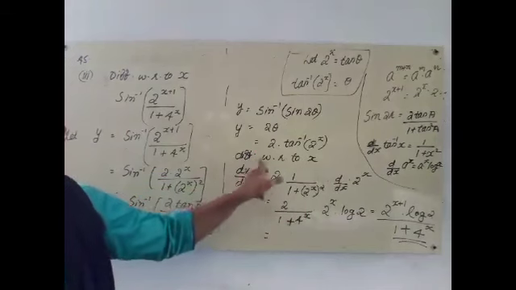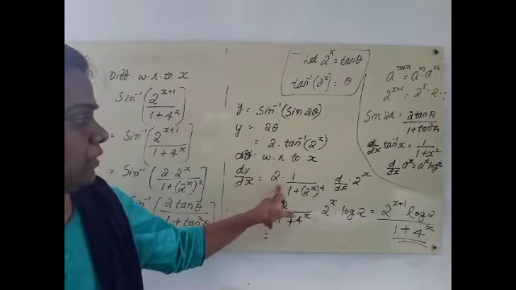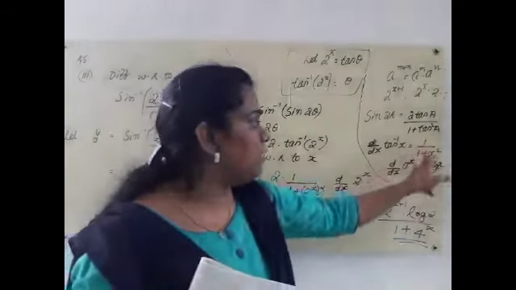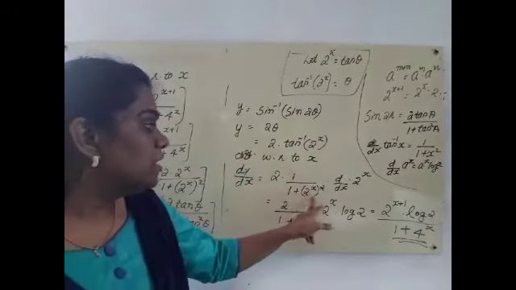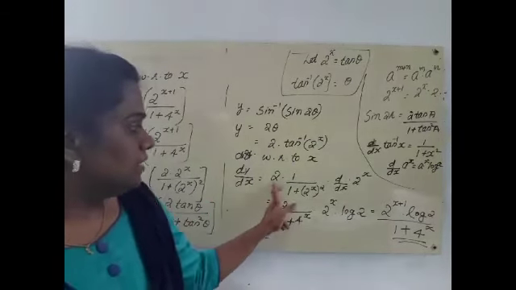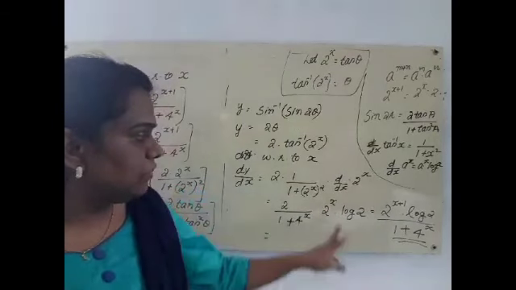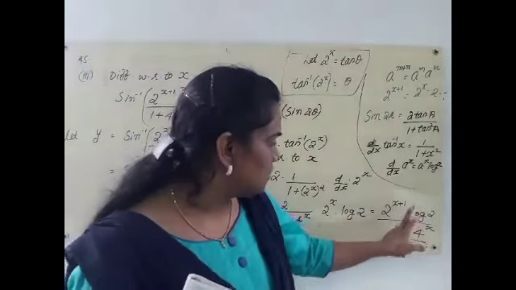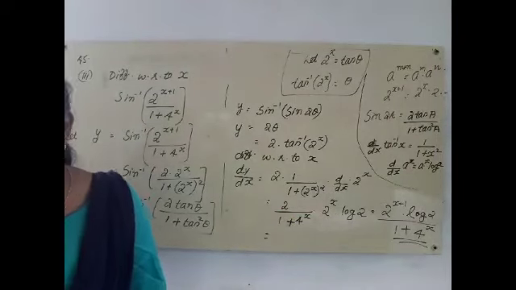Now let us differentiate this with respect to x. Dy by dx is equal to 2 into, what is the derivative of tan inverse of x? 1 by 1 plus x square. Then tan inverse of 2 raised to x has derivative 1 by 1 plus 2 raised to x the whole square into d by dx of 2 raised to x. That is 2 by 1 plus 4 raised to x into 2 raised to x into log 2. 2 into 2 raised to x, that is 2 raised to x plus 1 into log 2 divided by 1 plus 4 raised to x. Please practice this question 2-3 times.